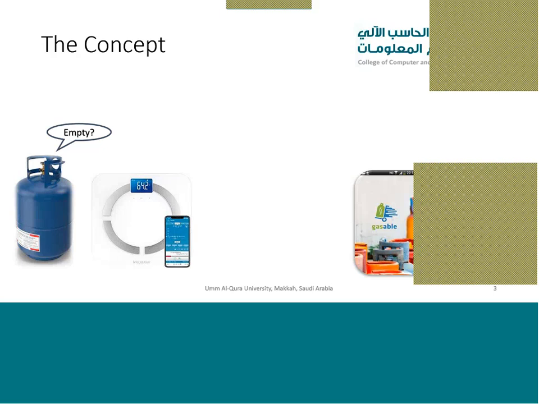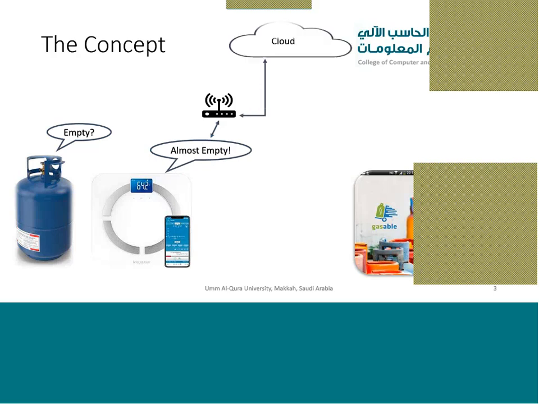Now consider this: we put this cylinder on top of this scale and we program it to check the weight of this cylinder every 1 hour or every 2 hours. And once we are measuring this weight, when it is empty, what we can do is we upload this data using our home Wi-Fi router or anything, because the scale is Wi-Fi enabled. It will of course connect with the router. From the router it will connect with our phone, and it will also connect with the cloud for the company who designed this scale or whoever made this machine.